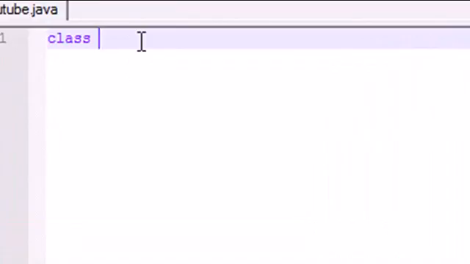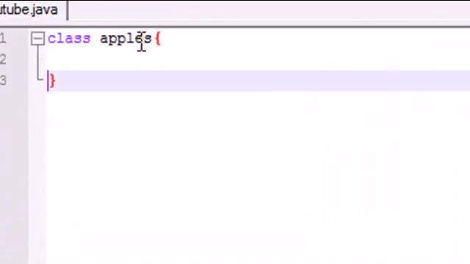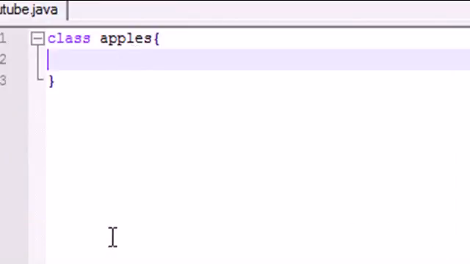So I'm going to go ahead and make a class called apples. And in that class, we're going to have something called a method. Now again, you don't really need to know any of this stuff. I'm just making a simple program. I'm just talking you along. You'll understand what all this means later, but for now, just stick with me. Now in your class, you're going to have something called a method. Now a method is pretty much a list of things to do, and this method is going to be inside the class. Now the first thing your computer does whenever it runs a Java program is look for a method called main. So let's go ahead and create that, and you do this by typing public, static, void, main,